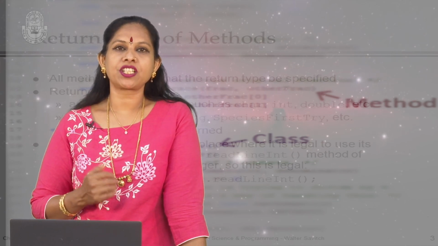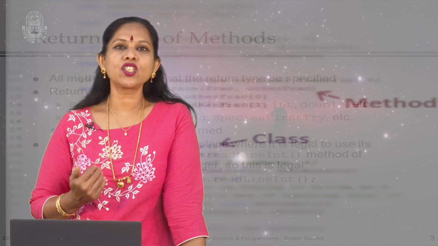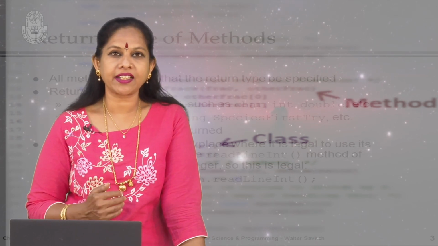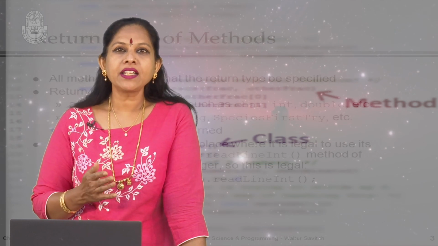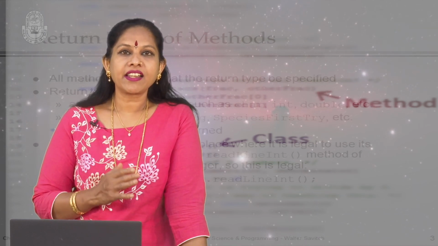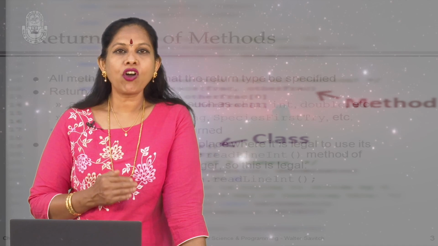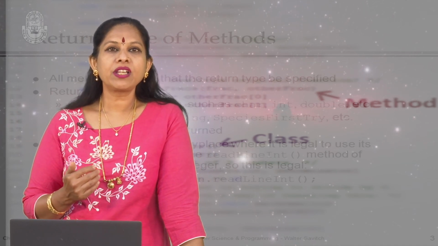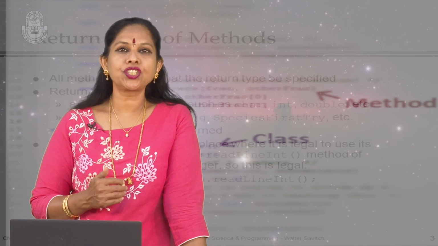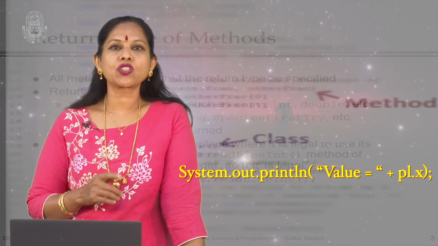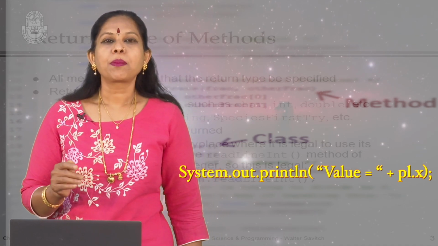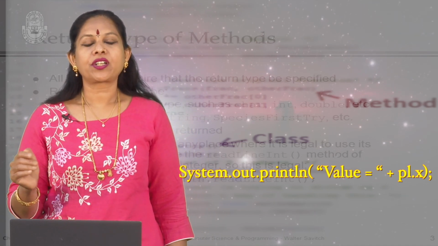It is important to note that the instance variable x of the object cannot be accessed directly from the main since it is declared private. The following code, when included in main, will result in a compilation error. System.out.println("value" + p1.x);